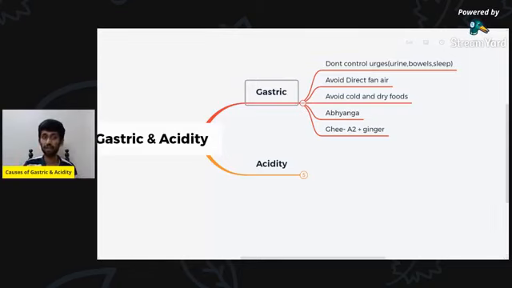So if you're having the problem of gas, this is the root cause, guys. If you want to remove the root cause, remove it. Or else you can keep on searching for Ayurvedic home remedies. You can keep on searching for antacids. They may help you. But what is the root thing? The root causes are these. These are simple things, but they're causing these big issues for you.